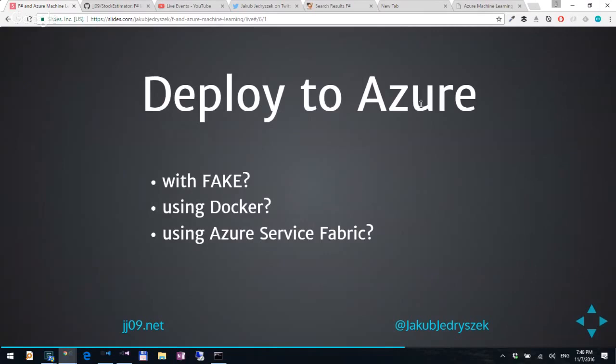So the same with the deployments today. It's also a bunch of different tools. I didn't deploy this yet, but there are a few options. You can use Fake. I think Scott Hanselman did a blog post on how you can deploy an F# project with Suave with Fake. I was also thinking about using Docker because, as you can see here,